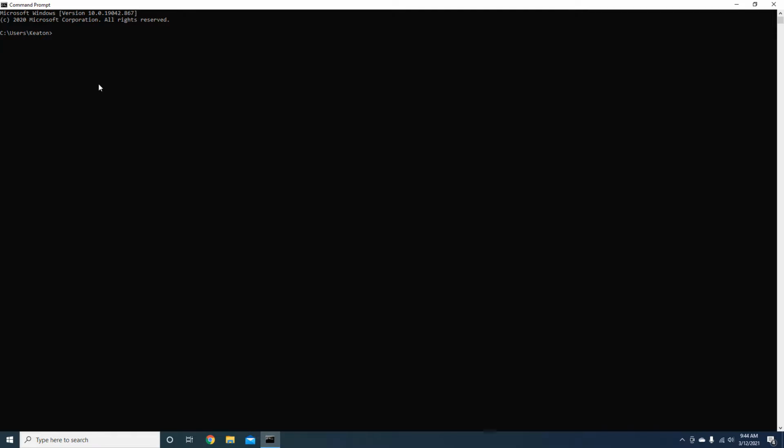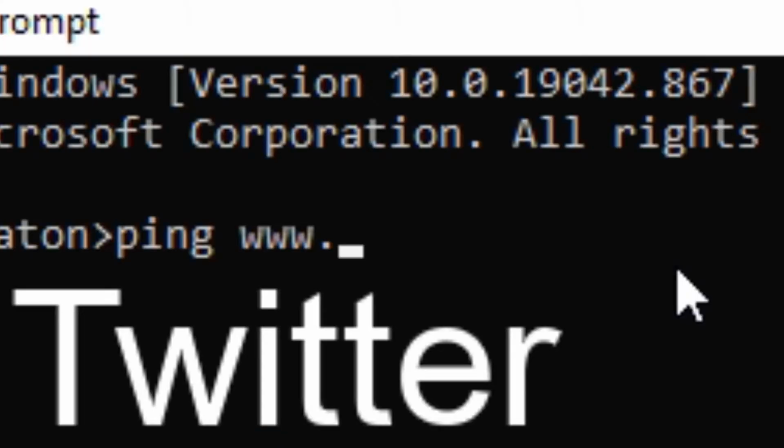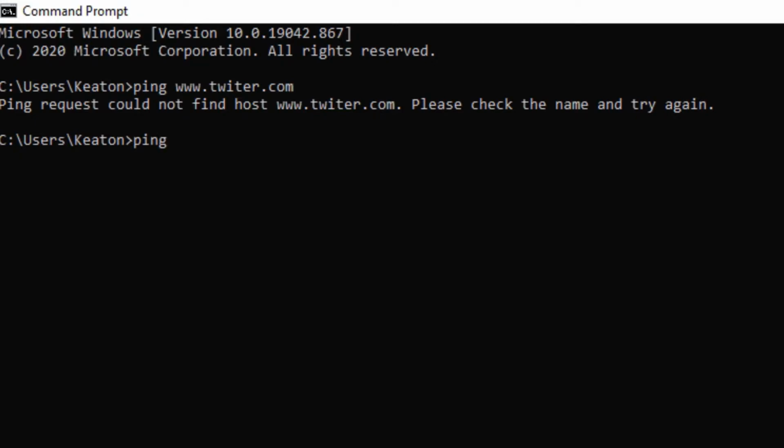Now, how doxers usually get people's IP is by pinging the person or the server. And you can actually do this in command prompt. It's on all Windows computers. For example, I can just type in ping, and we can ping any server or IP address. So I can do www. Twitter, ping YouTube,